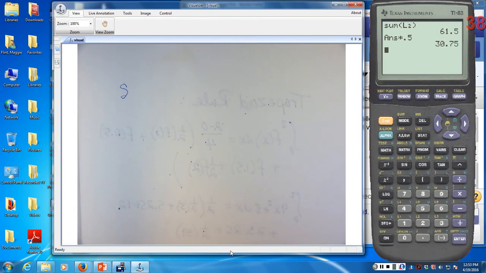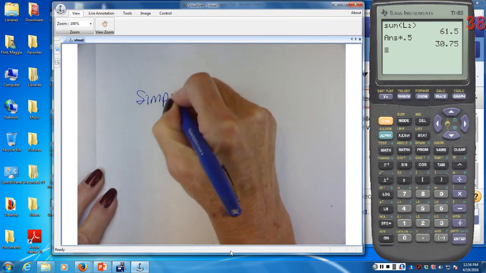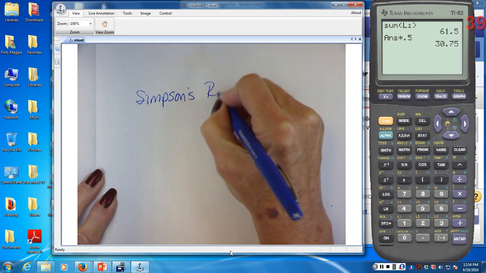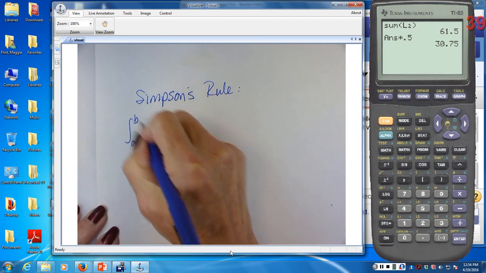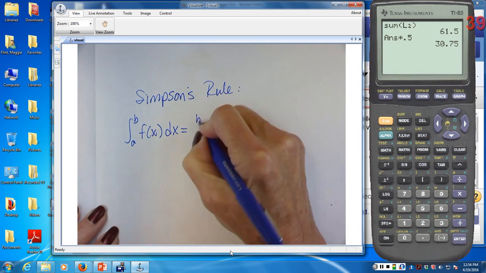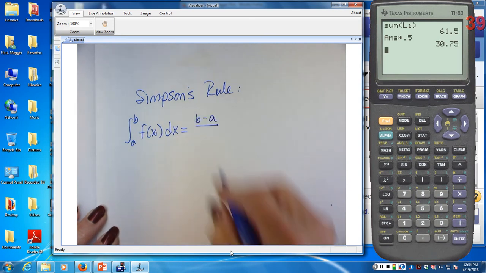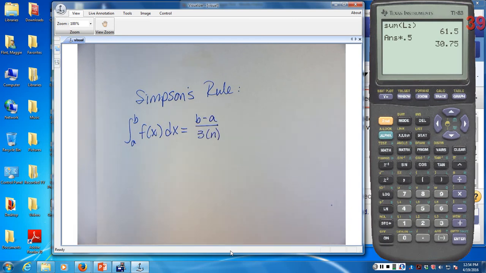So to do Simpson's rule, we need to remember what Simpson's rule is. Let's get another piece of paper. Simpson's rule says the integral from a to b of the function is equal to b minus a divided by 3 times whatever number of increments that you've got, and ours is going to be 4,